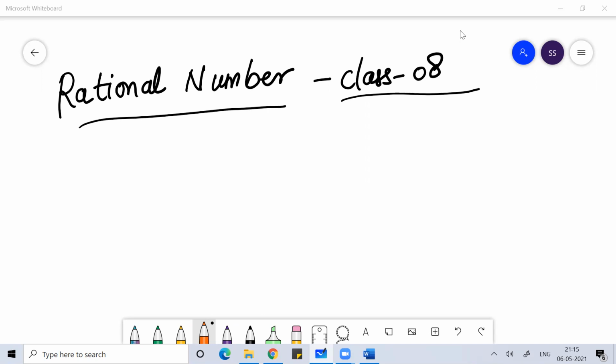I believe you have a fair picture about what a rational number is all about. Already in previous classes, you have studied rational numbers. In case you have no idea what a rational number is, in case you are going through the concept of number for the first time, or you're trying to make a very strong foundation of the concept of algebra, then you are in the right place. In this class, I'm going to discuss a very important concept called rational number. Before I talk about rational numbers, let's try to understand numbers.